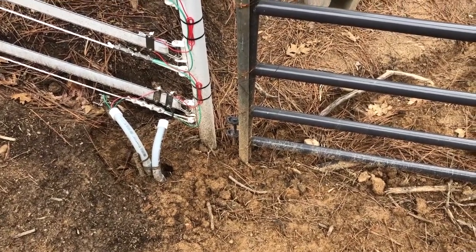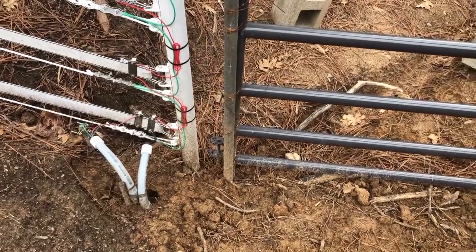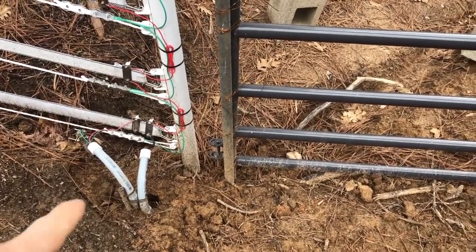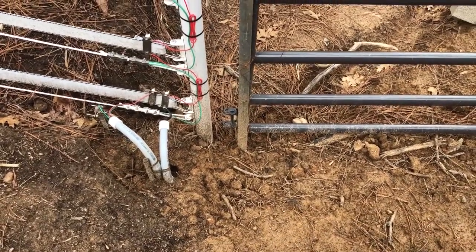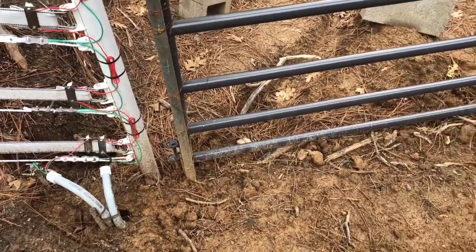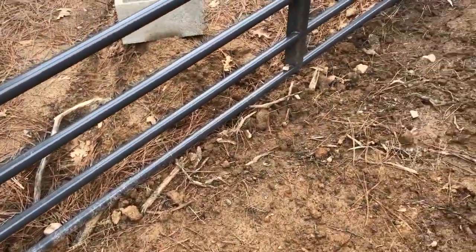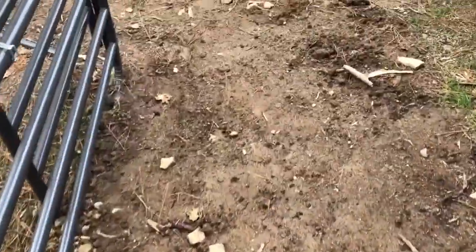It's 3/4 inch pipe, I probably could have gone like inch pipe or something just to make it easier, I don't know. But that was hard to do, but I got it done. And I did not waste 1 iota of that wire. It's 50-foot wire, and when I did my measurements, I was supposed to have 4 extra feet of wire. But once I put it in the conduit, apparently